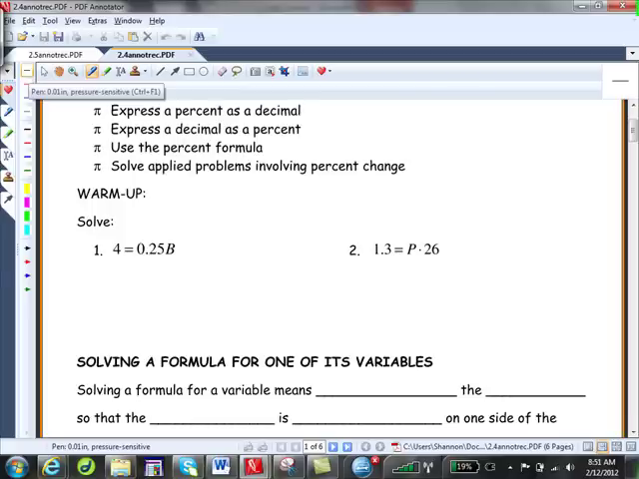Notice that the variable is on the right side this time. So what we want to do is isolate this variable. Do you guys see that if we were to either divide both sides by 0.25 or multiply by 1 over 0.25, you have to balance it out by doing the same on both sides of the equation. So here